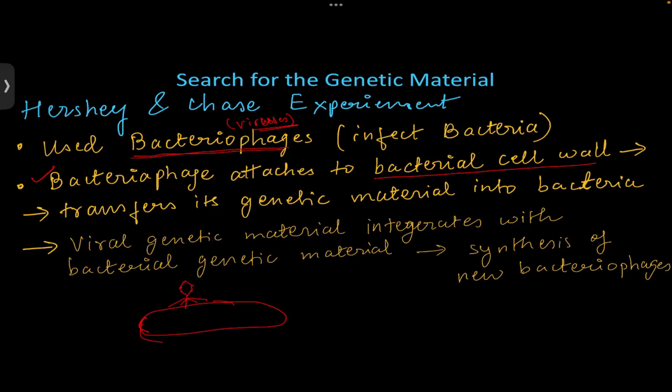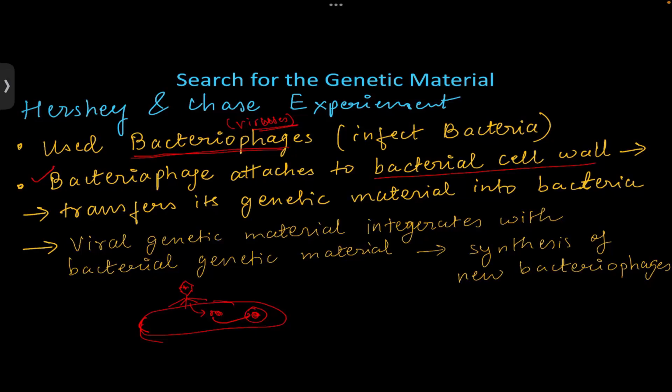Then it transfers its genetic material into the bacteria, and this genetic material integrates with the bacterial genetic material. The bacterial genetic material treats this viral genetic material as its own and allows integration of it,